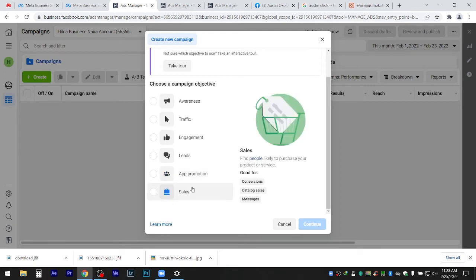So sales is more like, okay, I've done almost everything from beginning to end. Now I need your money. This is what I'm selling. Give me money. Talk to me now. Give me money. Find people likely to purchase your product and services. That means an ad campaign, except you have already reached a certain number of people already,